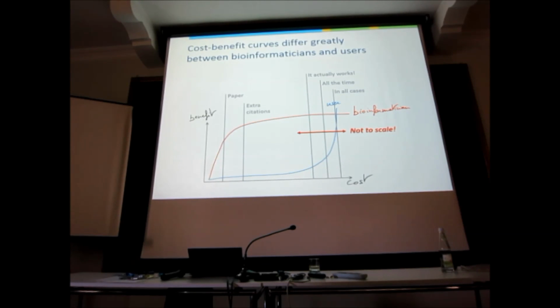In order to get a piece of software developed that does this, you're looking at multi-year things. Remember my database that took me 7 years to publish? This is not atypical. I typically go about 3 years between making the tool available for free to everyone, including the source code, and publishing the damn thing. Because you want people to use it, you want to find the bugs, you want to fix the bugs, and you don't publish until it's finished. You don't publish a protocol that is half-assed, right? You do the same thing with software. You want, when people read it, that they can download it and use it.